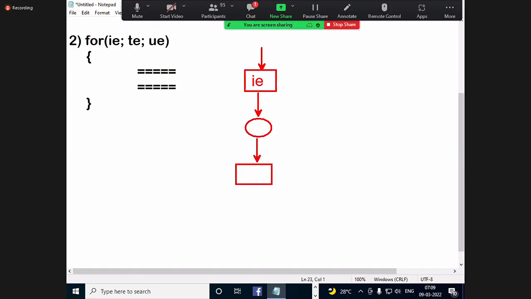Test expression is nothing but the condition; we can use another name, test expression. The condition is going to return either true or false. So first initialization expression, next test expression, which returns either true or false.